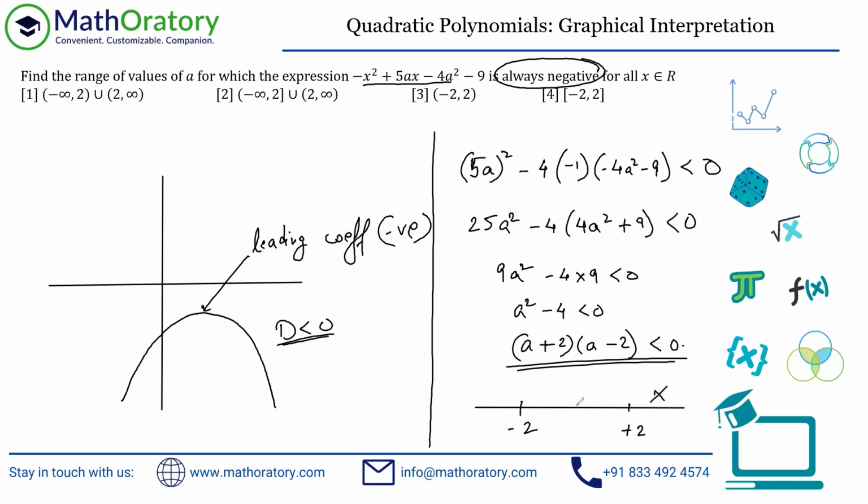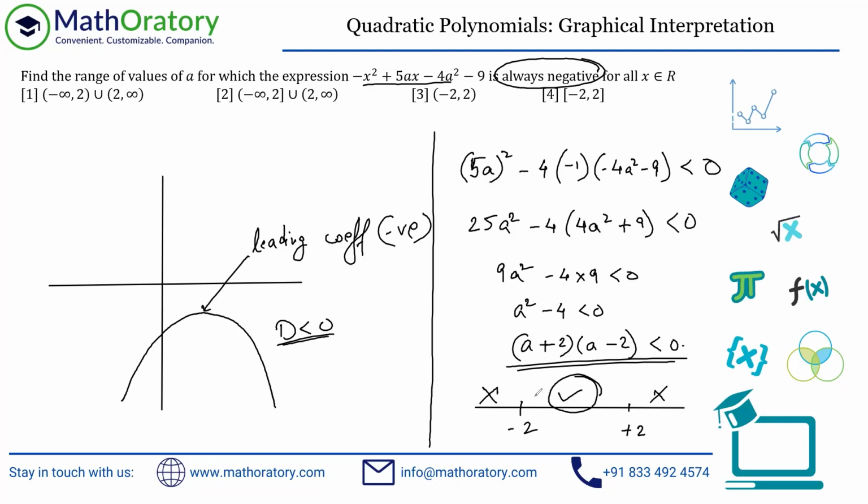If you pick any point in between -2 and 2, let's say 0, that is satisfying, so this range is definitely satisfying. And if you pick anything from the other range, let's say -5, or even -2.01, that will still not satisfy. Putting -5, this will be -3 and this will be -7, but negative into negative will result in a positive. But again, that is not satisfying less than 0. So again, this is not satisfying.